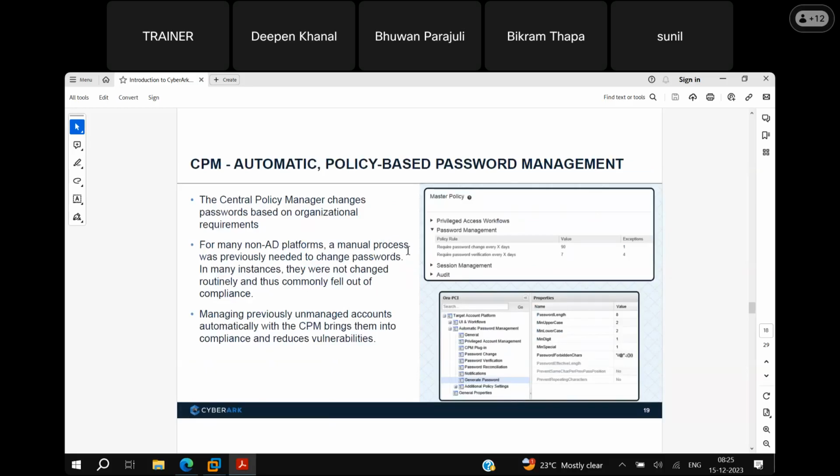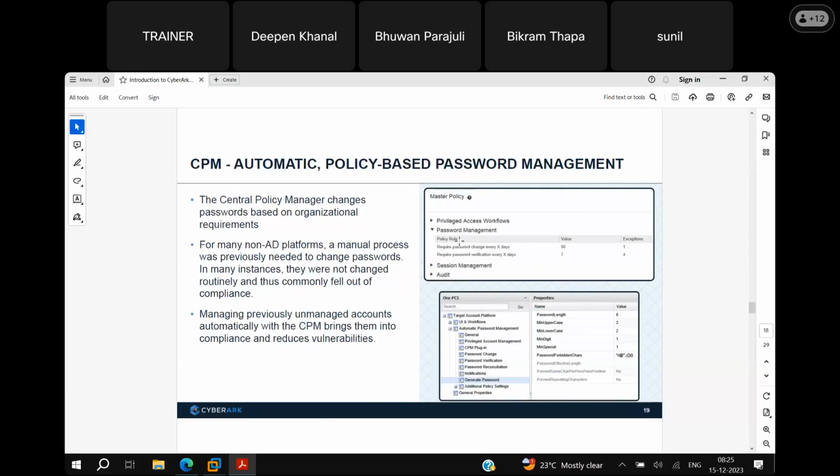Next, CPM. The Central Policy Manager changes passwords as per the organizational requirements. Before this, for non-AD platforms, it was a manual process. If you want to change the passwords, we need to log into the device, we need to reset the password, etc. Using CyberArk CPM, it will automatically rotate passwords.